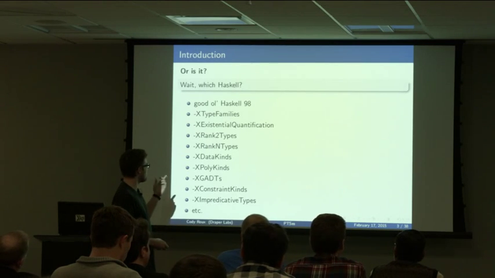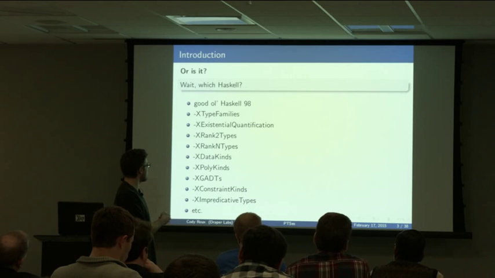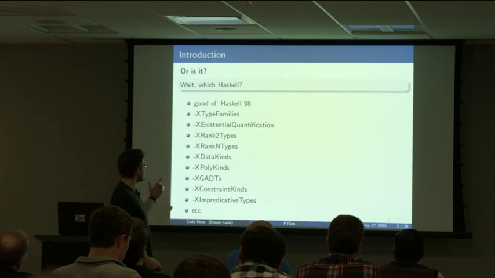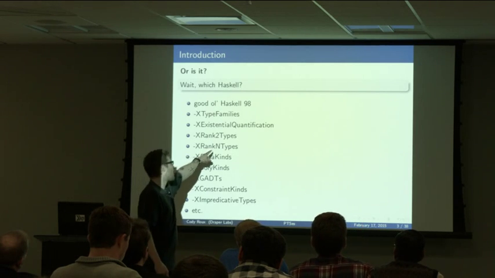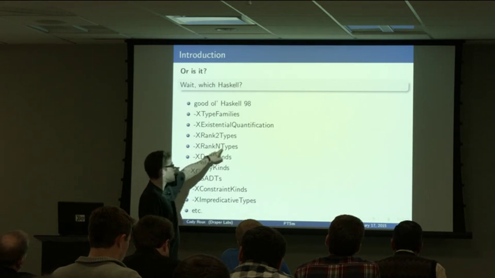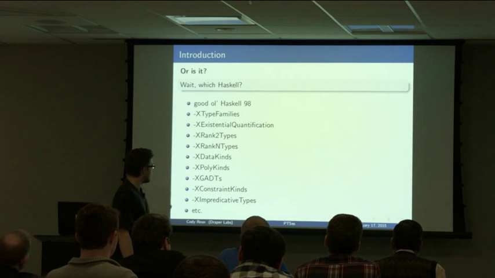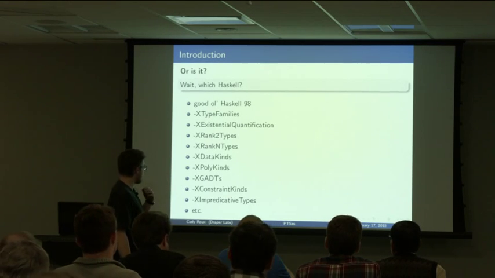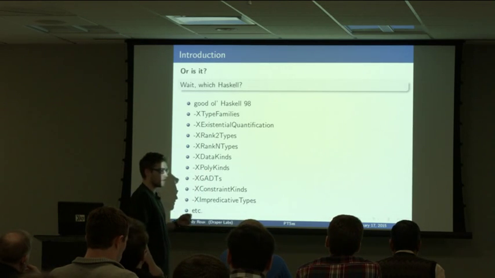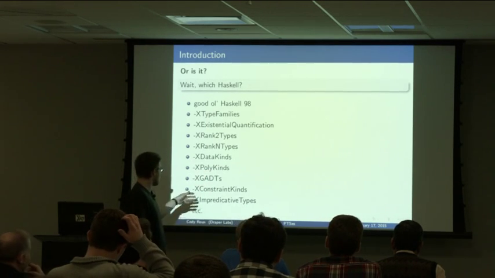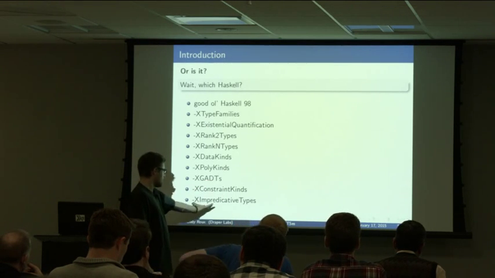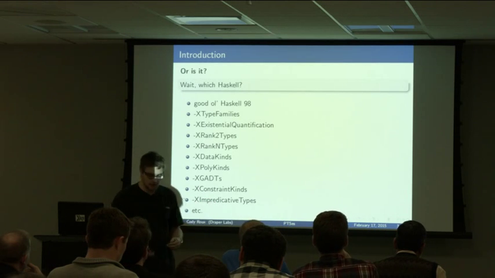In particular, there's a bunch of really scary-looking extensions. Existential quantification, type families, rank n types. We're programmers, but it's kind of scary to see a variable name in a compiler flag. Data kinds, polykinds. Polykinds is still a scary one, though I'm sure you have it sort of by default. Constraint kinds that you actually talked about last month, and something super crazy, impredicative types.